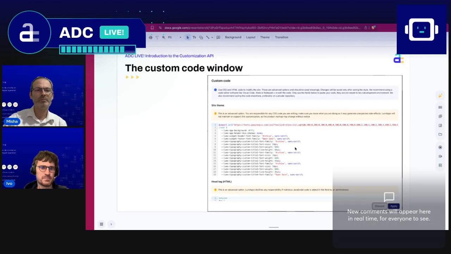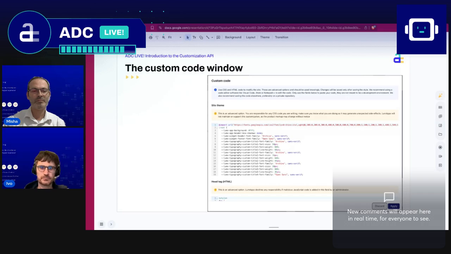This is the portion on the top. You can see that, if you're not a web developer, this will look a bit strange in the sense that it's not human language. These are style sheets expressed with the CSS syntax. So you need to know it a little bit at least, or ask some kind of AI to produce that